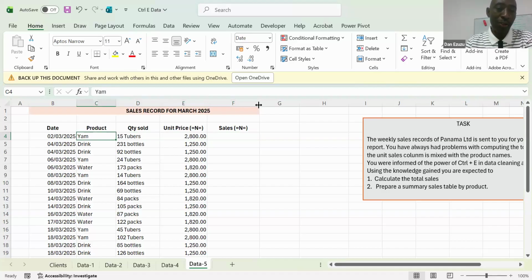An example is this. Look at this. It had dates of transaction, product, and quantity sold. It would be better if the quantity sold was just 15. But here, he has created 15 tubers. For drink, he has inserted 231 bottles. And we have the unit price. Now, if I want to get the sales, it's actually 15 multiplied. The first one will be 15 multiplied by